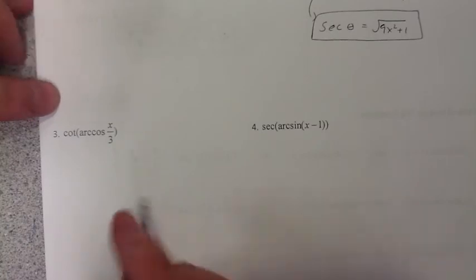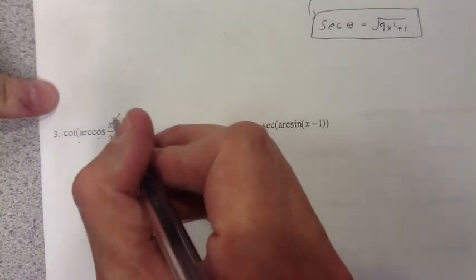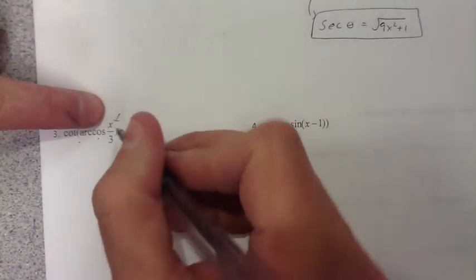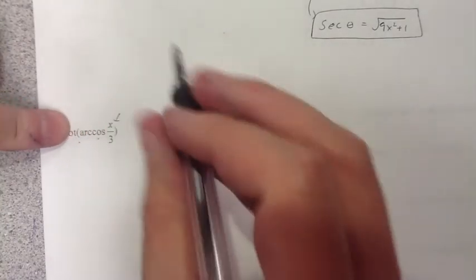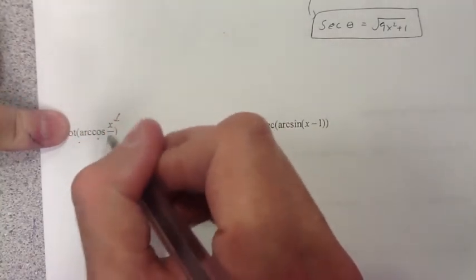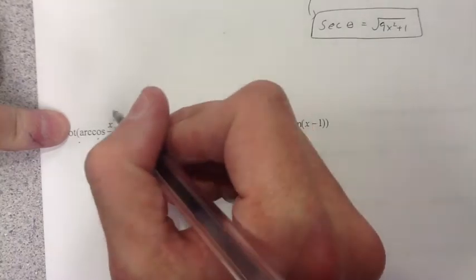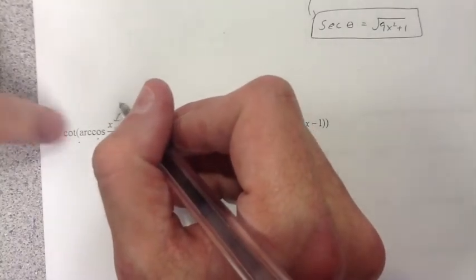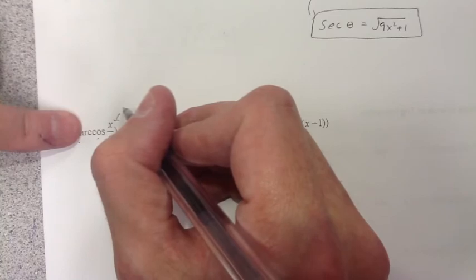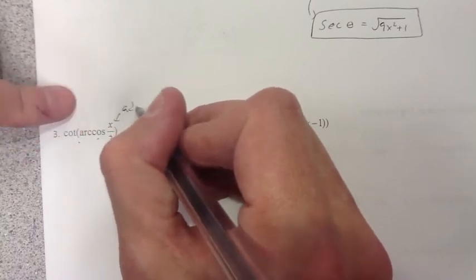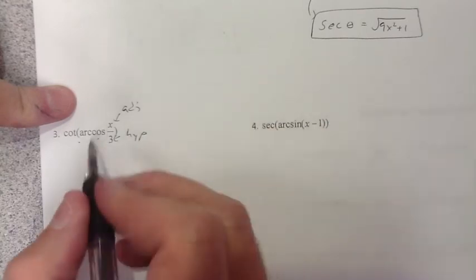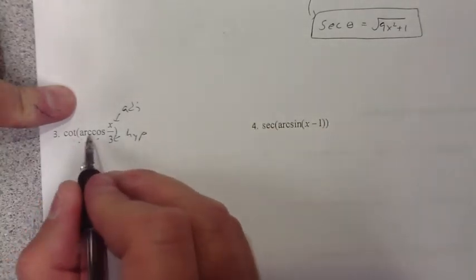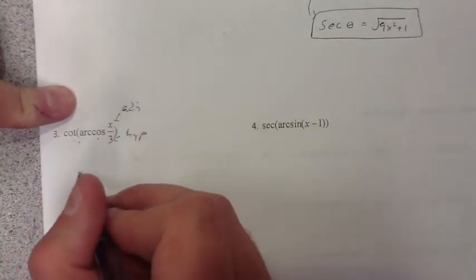All right, so, oh, look, the cotangent of the arc cosine. So, take a look here. Cosine, this is my cosine function, right? So these are my values. This is going to be the adjacent, and this 3 is the hypotenuse. So we're looking for the value. We can get the angle here. So using your right triangle,